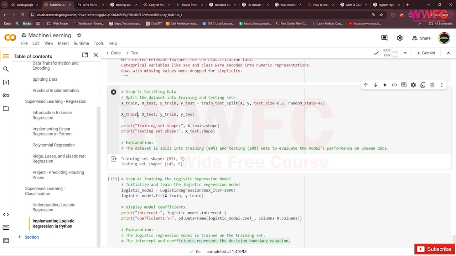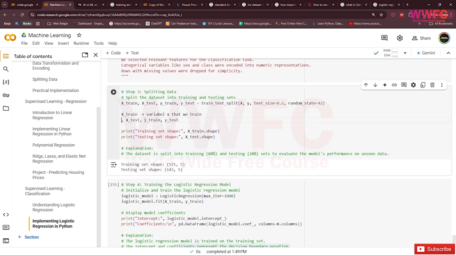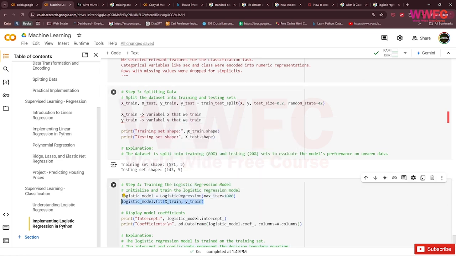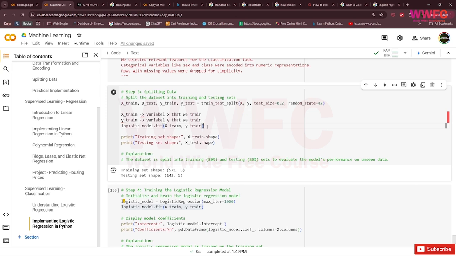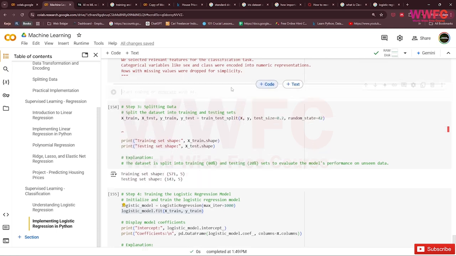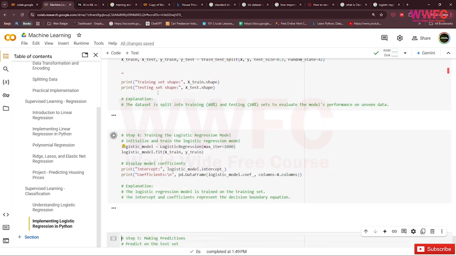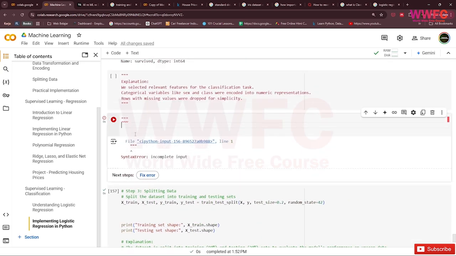So X train is the x variable that we train on. Y train is the y variable that we train on. So here is an example.